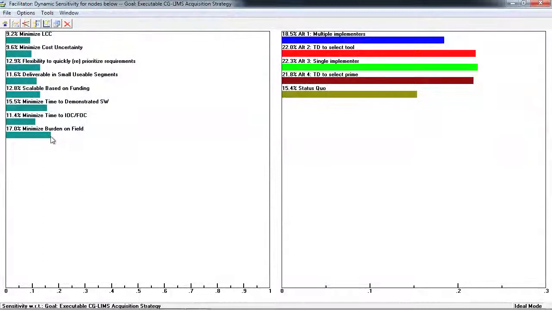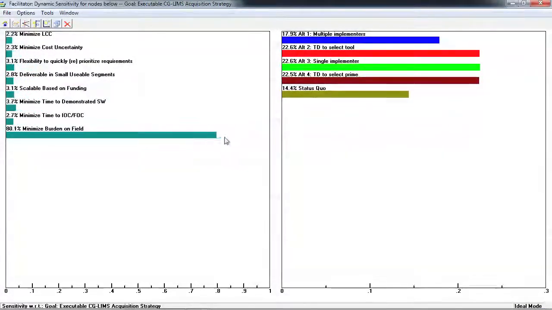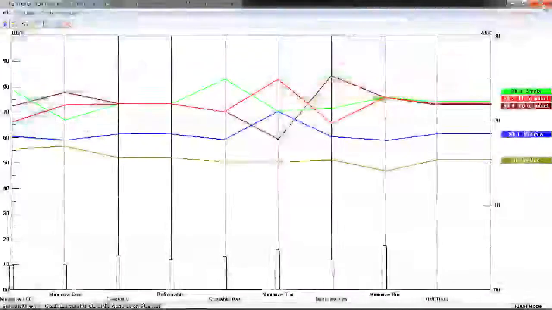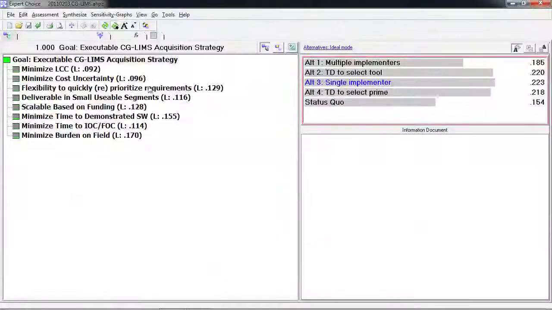And minimizing the burden on the field. As that becomes more important, you can see that since 2, 3, and 4 were equal in that regard, everything else becomes washed out, and 2, 3, and 4 become equal. And then if minimizing burden on field goes to 0, you can see the impact on the results. So that's really what I wanted to show,